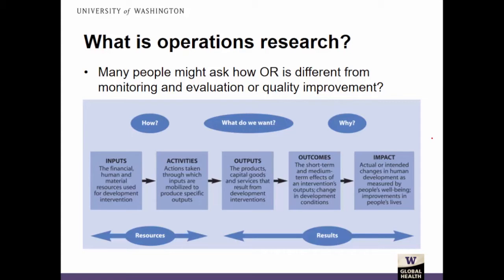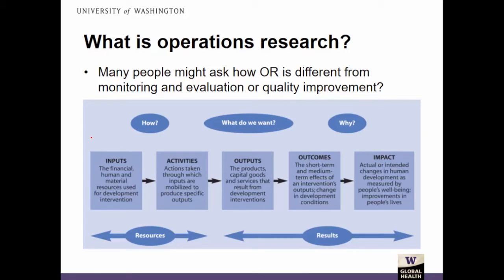But usually quality improvement doesn't evaluate population-level impact, as it's much harder to do in a short-term, small study. Often quality improvement studies aren't powered. They don't have enough people in them and enough statistical power to assess changes in impact. So they'll focus on outputs and sometimes outcomes, whereas in monitoring and evaluation, often the goal is to show a change in population-level impact. So operations research is different in that it focuses on using mathematical approaches of optimization and simulation